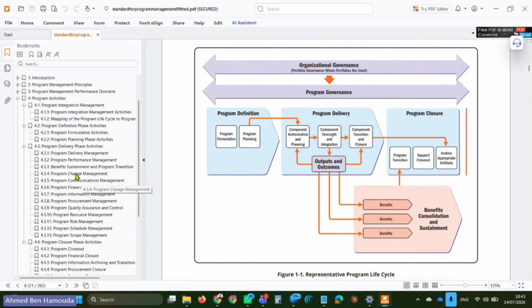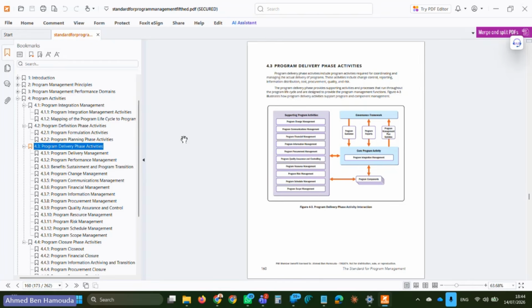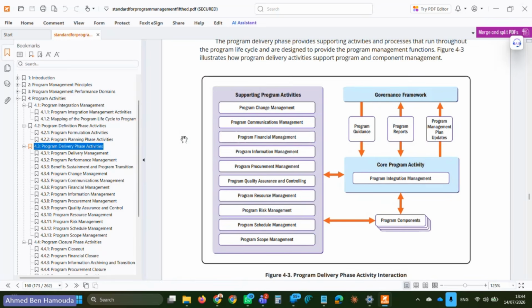Okay, program change management, how it happens, program financial management, how it happens, risk management, quality assurance and control, how all of that happens, and how you can map it inside of this large, big program life cycle, all right? So if we click on program delivery phase activities,